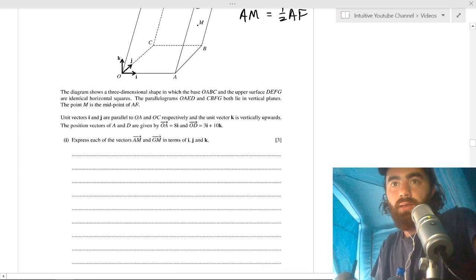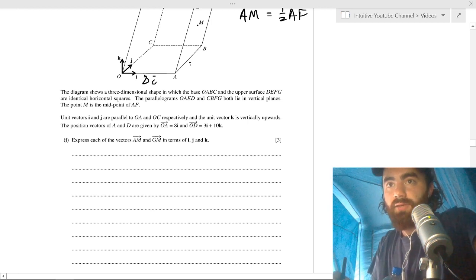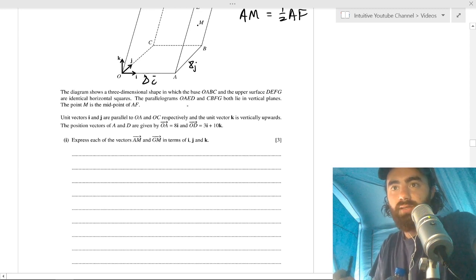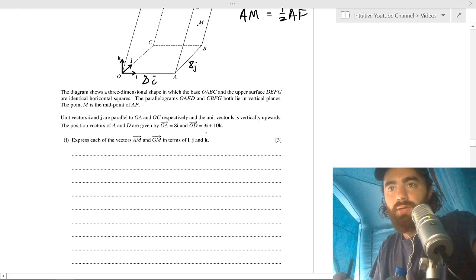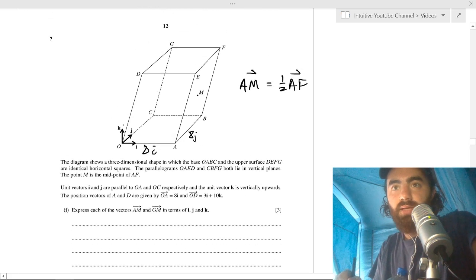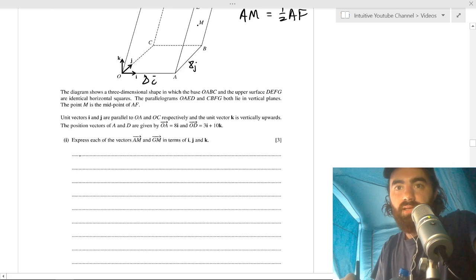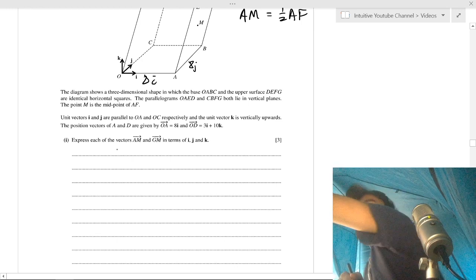We have OA, so this OA is 8I. That means that AB is also the same length, but 8J, because they're the same length since it's a square. And OD is 3I plus 10K. And it says express these